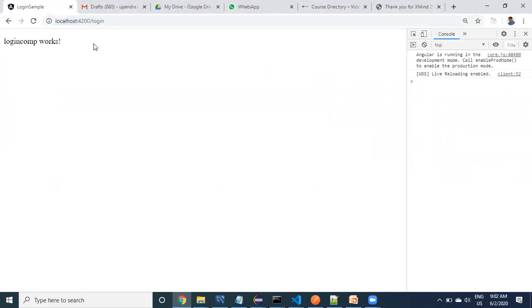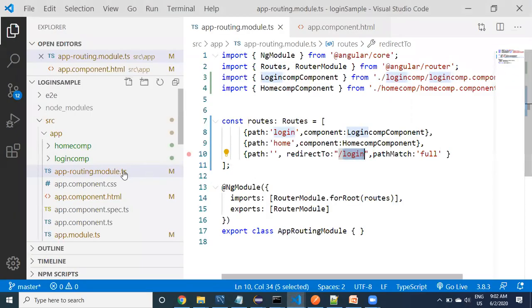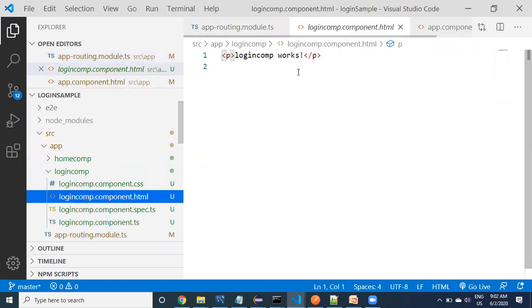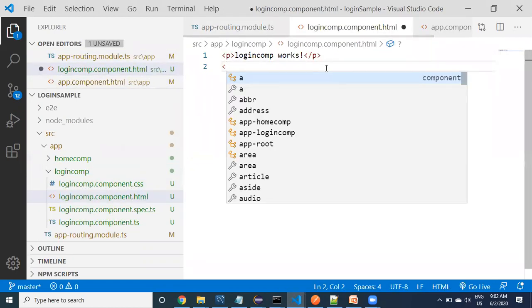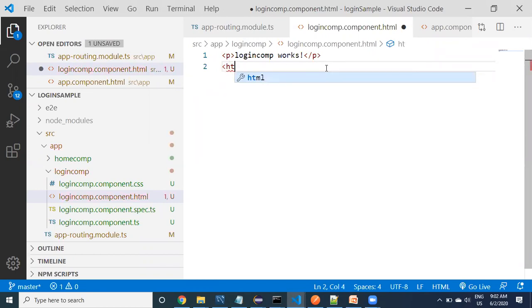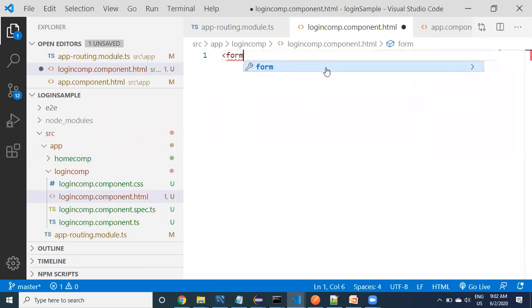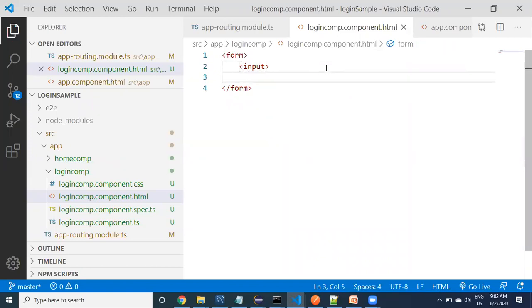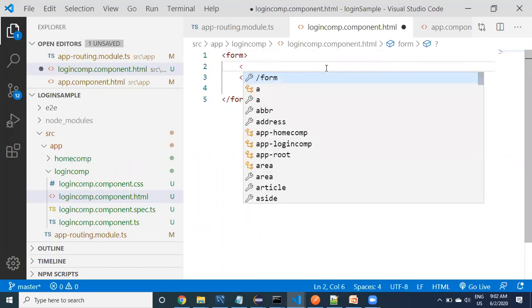Once we reach the login component, here in the login component what you can do is, take a login related form, something like login related form with input. You may take a bootstrap form also, but I'm not taking bootstrap right now.